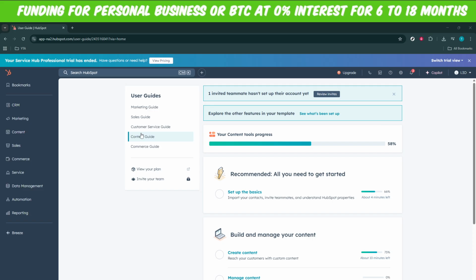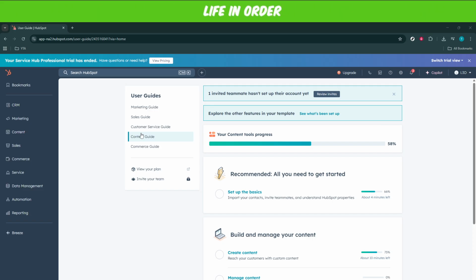First, what you'll want to do is head over to the HubSpot user guide. This is your starting point, and it's a great resource for all things HubSpot. If you haven't done this already, navigate to the HubSpot website and find the user guide section. It's like your roadmap, laying down the essential steps you need to take.